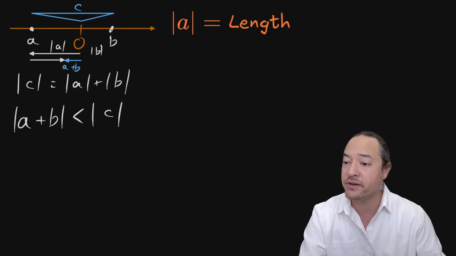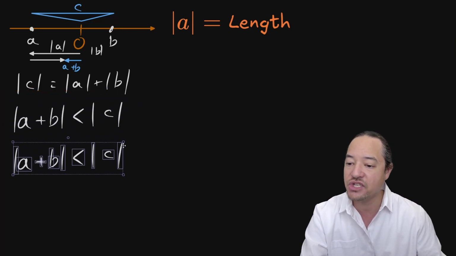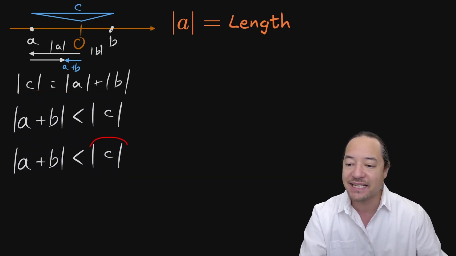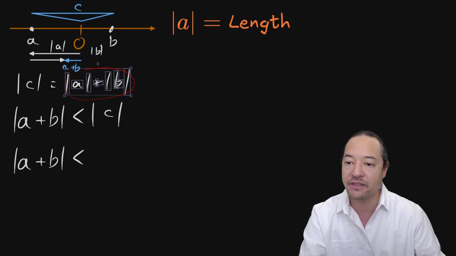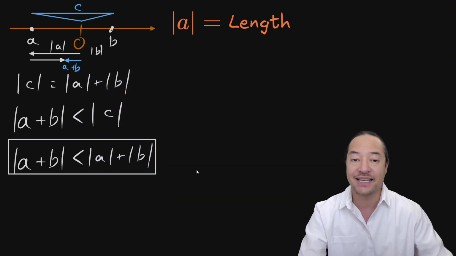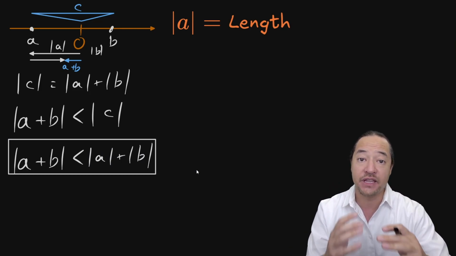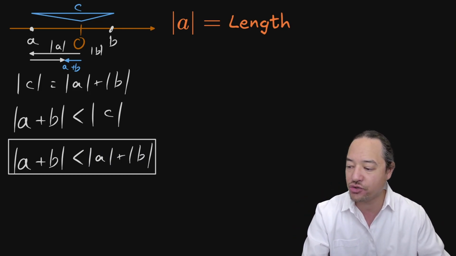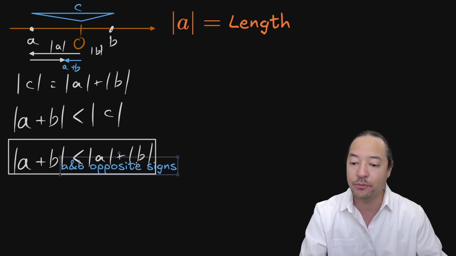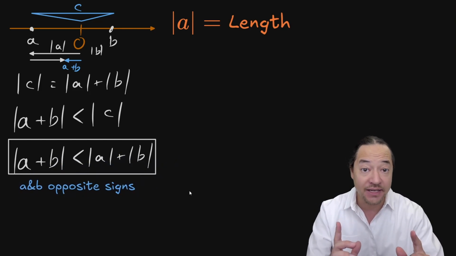Now, what I'm going to do here is say, well, we know this is true, and we know that the length of C is equal to the length of A plus B. So I'm just going to replace this with the length of A plus B, just like that. And this is going to give us essentially half of the full triangle inequality that we're looking for. And this is true because A and B have opposite signs. Okay,